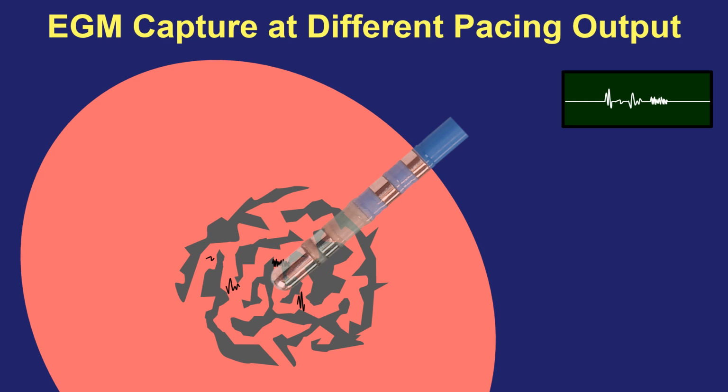So marrying those two concepts, the recording of a complex signal and pacing output, if you were to pace from this location at low output, let's say 1 milliamp here, right in scar, then you're going to capture a small volume of myocardium